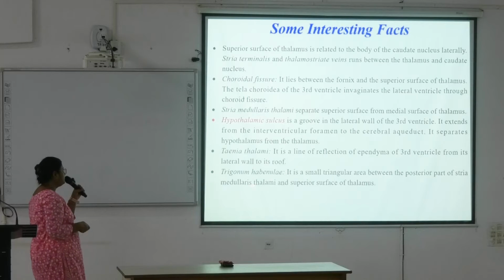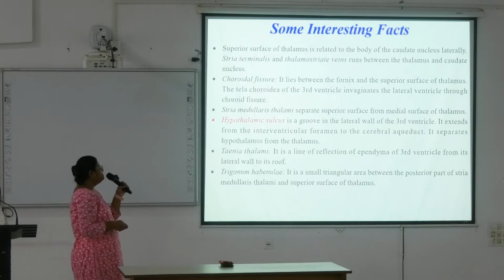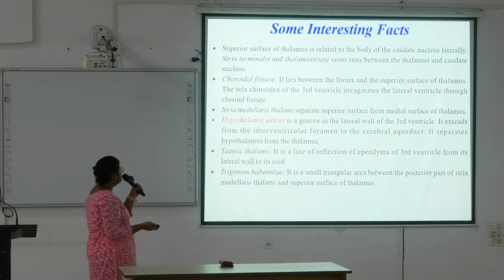Another is trigonum habenulae. It is a small triangular area between the posterior part of stria medullaris thalami and superior surface of the thalami. Okay, these two are not that much important. Next,